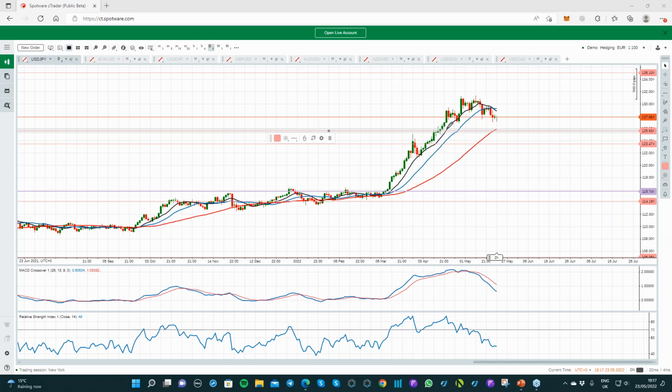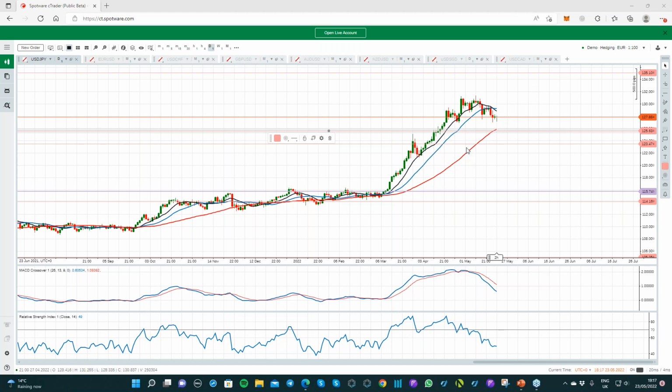However, that is to be expected after such a long run to the upside, and the downwards momentum may just take me down to my horizontal level that I've been looking at before potentially returning to the upside. So that's really what I'm waiting for, an entry to the upside, wherever that might be. And it could be that it's at this horizontal level just down here, and I'll be waiting for a potential